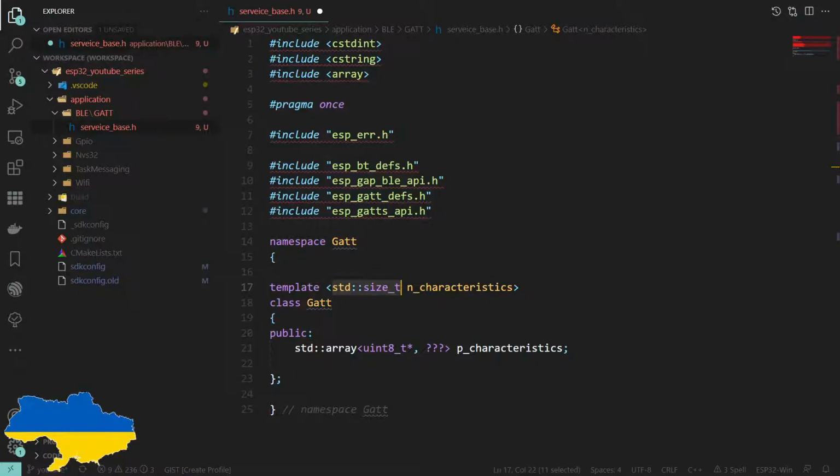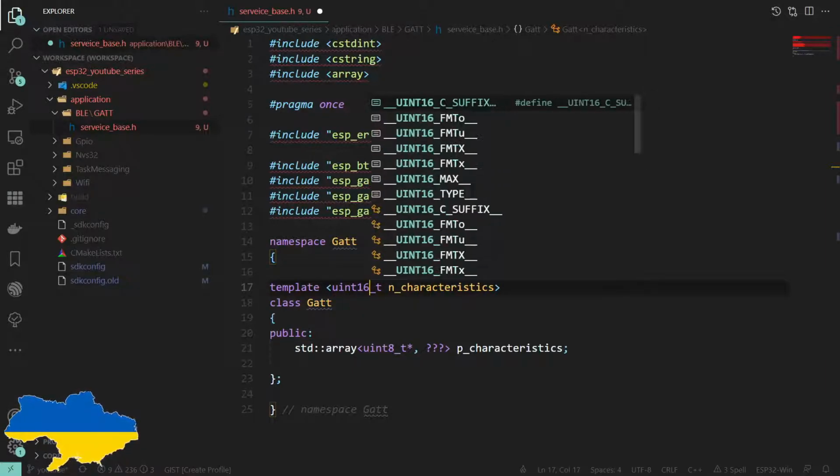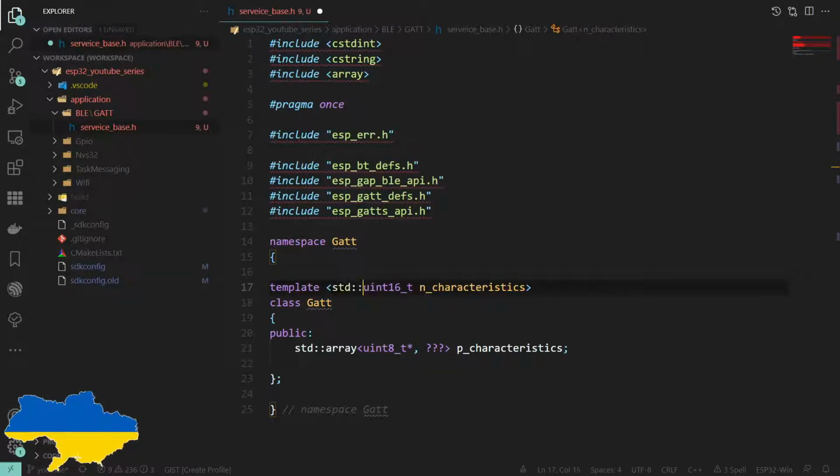So it makes actually a lot of sense to make this a uint16. And I suppose if we were being hyper correct, we could do something like that. Can you do something like that for a uint16? I can't remember. Let's stick to what I know.